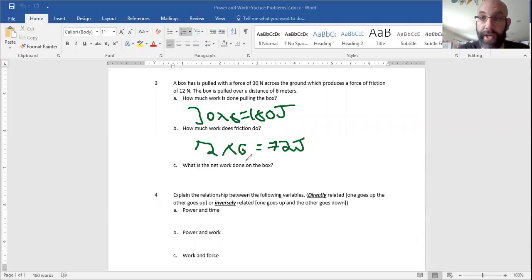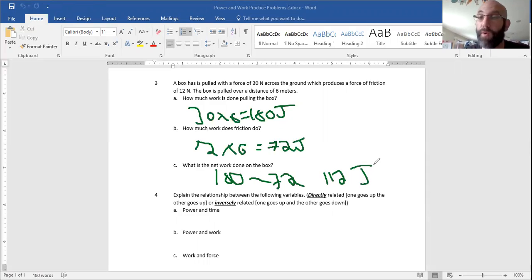And then net work, just like net force, work is a vector. So we're pulling the box in one direction. The friction always acts against that direction. So if we're going in opposite directions, one is positive and one is negative. It's arbitrary, but we always like to make friction negative. So 180 minus 72 is